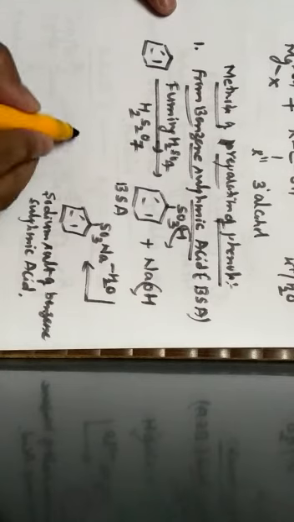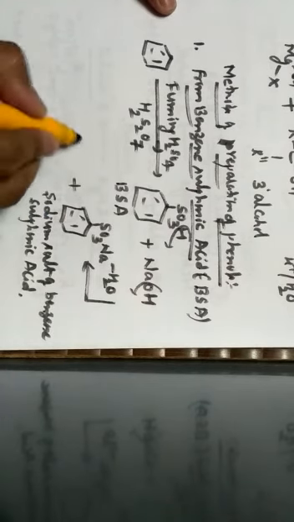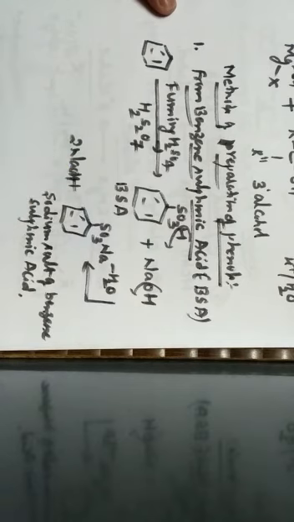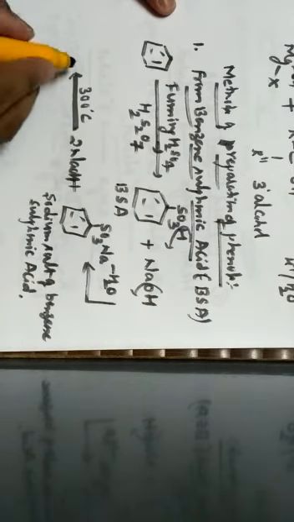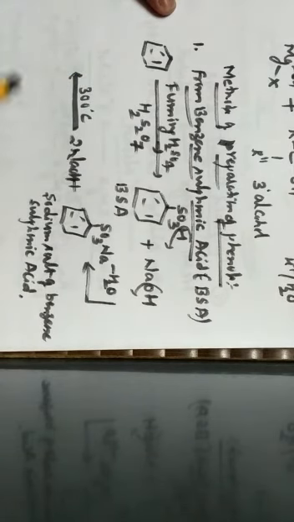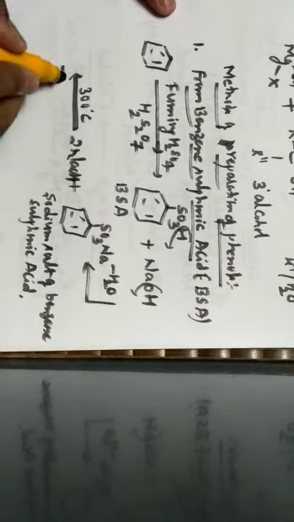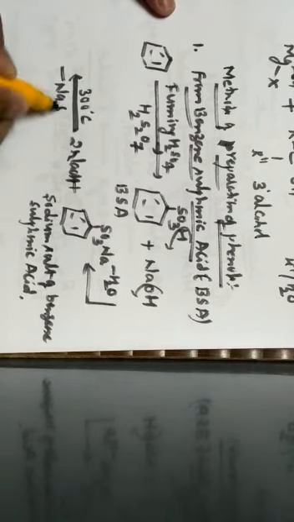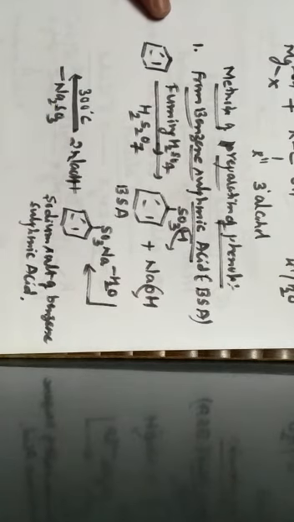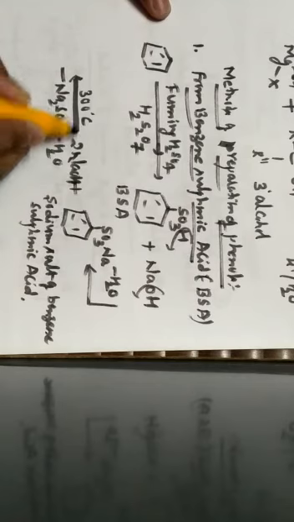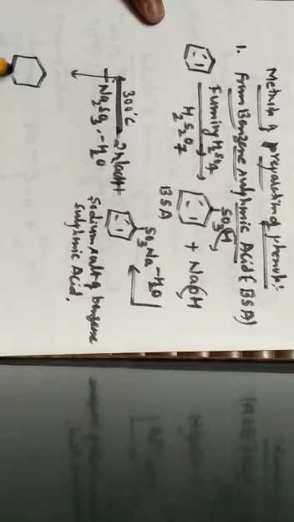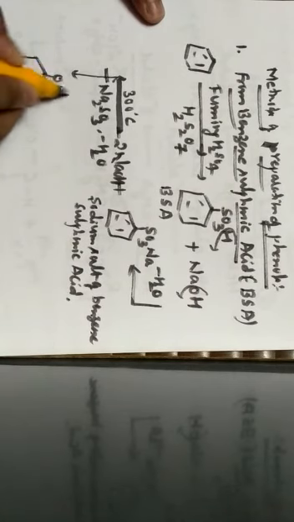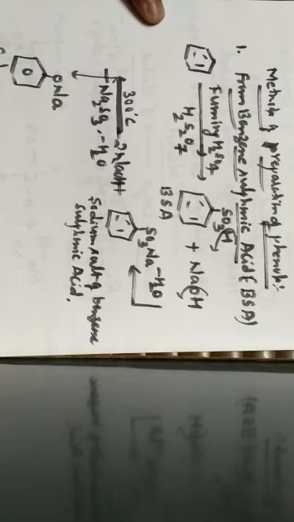So this sodium salt of benzene sulfonic acid is again made to react with 2 moles of NaOH by maintaining a temperature of 300 degrees Celsius. So when 2 moles of NaOH are involved in a reaction, here sodium gets eliminated as Na2SO3, sodium sulfite, along with the elimination of water molecule, so that the intermediate which is obtained is ONa, that is sodium phenate. This is known as sodium phenate.